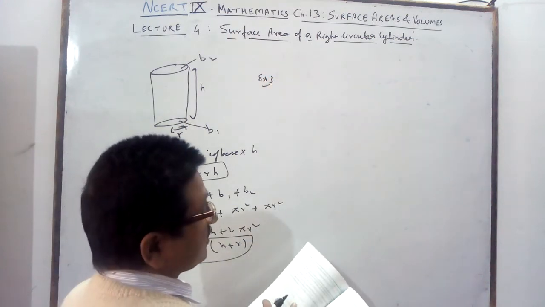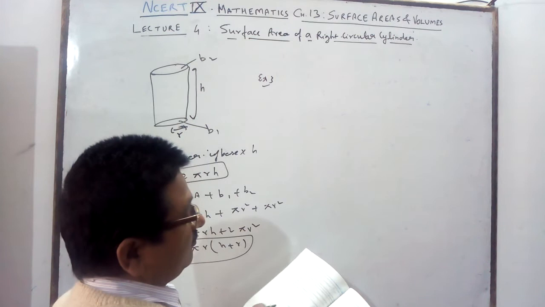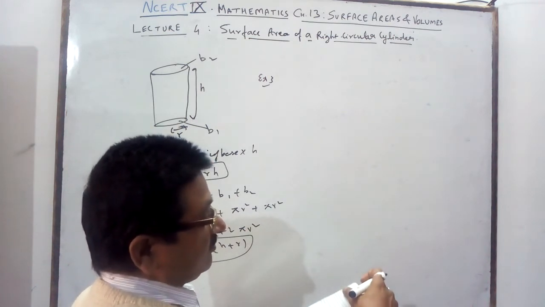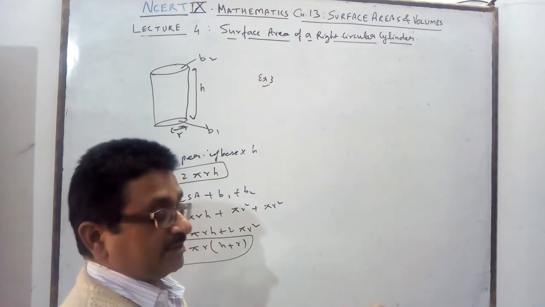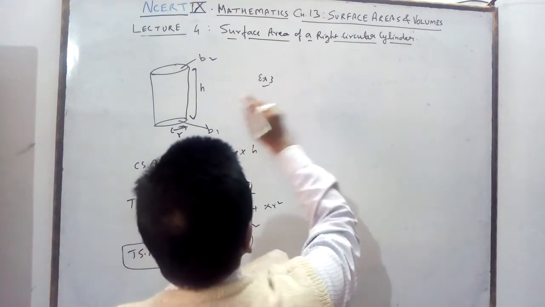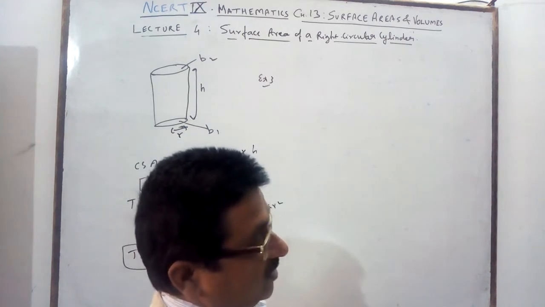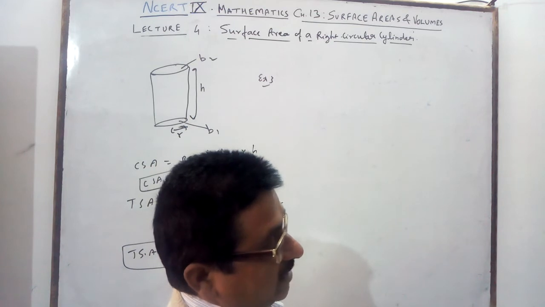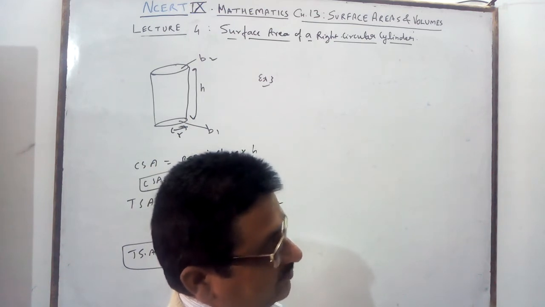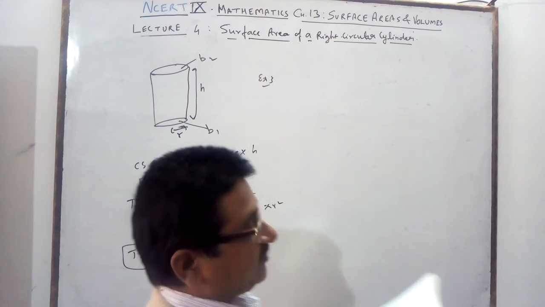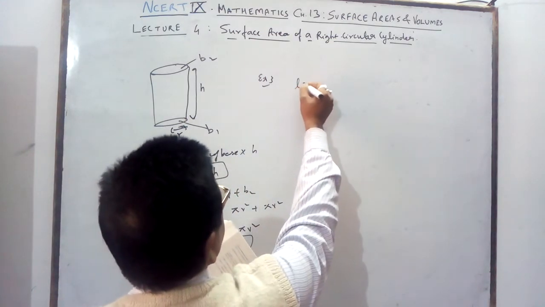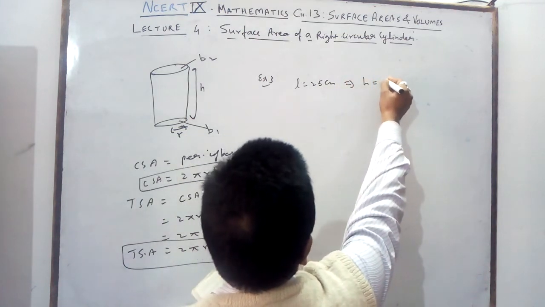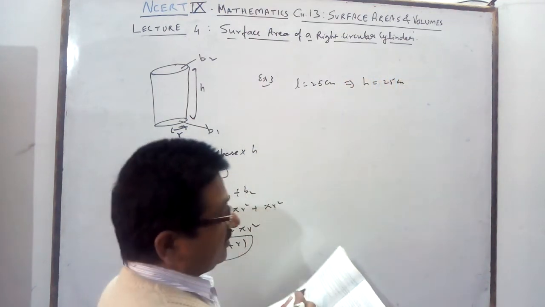What is given? Savitri had made a model of a cylindrical kaleidoscope. A kaleidoscope is a pipe, open on both sides, and she wants to cover its curved surface area with paper. She would like to know the chart paper required by her if she wanted to make the kaleidoscope of length 25 centimeter. Length is 25 centimeter, which is indicated by h.